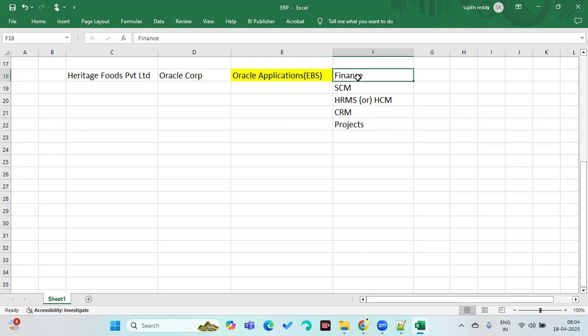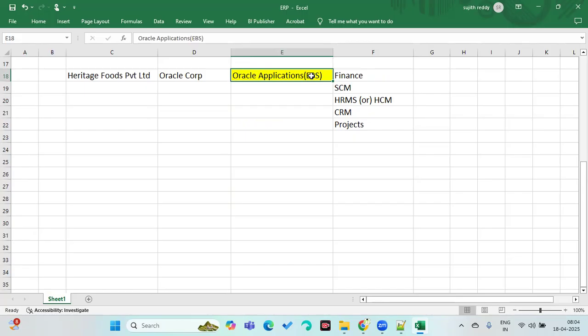Some clients will use only finance. Some clients will use finance and supply chain management. It depends on the requirement. Somebody will use the entire suite. So Heritage company says that they use only your finance modules. They don't want supply chain or other things because they have another software to maintain that information. In finance also, there are 6 to 7 modules. They don't want the entire finance suite, just three modules, AP, AR, GL. It depends on your requirement.